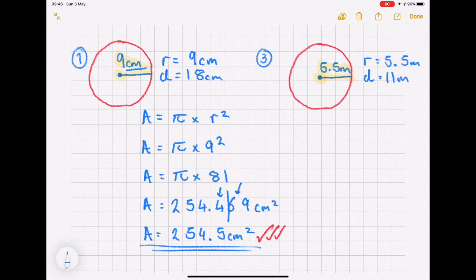Let's write out our equation. So area equals pi times by r squared. Let's substitute in our r. So area equals pi times by 5.5 squared. Let's do 5.5 squared. So area equals, oh, there's 3 there. Let's get rid of that. Area equals pi times by 30.25, and then if we type that into a calculator, so pi times by 30.25 gives us